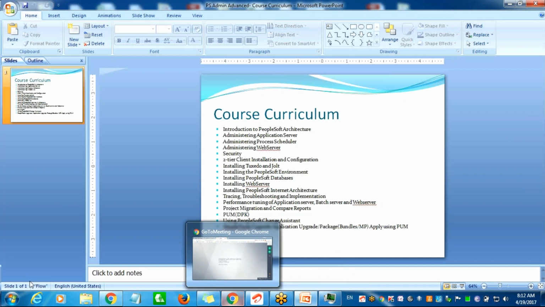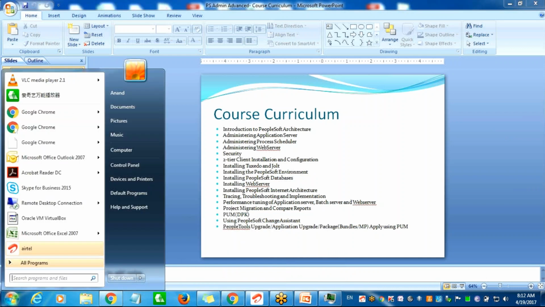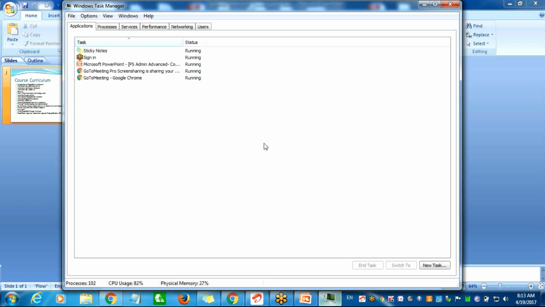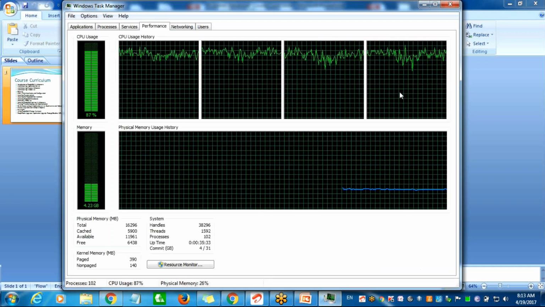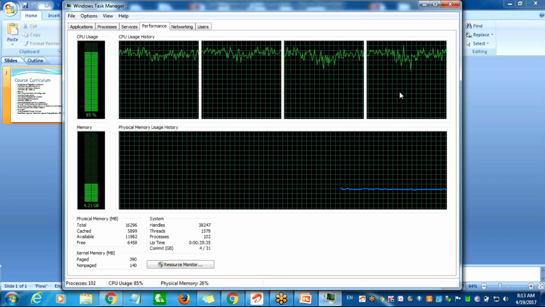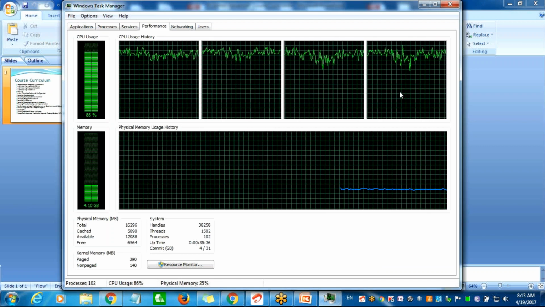Okay. If you see here, go to the performance tab, and if you open the tab, then you can see the boxes. Here 1, 2, 3, 4 in my machine. So same like that you can check it. There is another command. If you try in Google, you may get the command, and if you execute the command in command prompt, you may get the CPU count of the server.